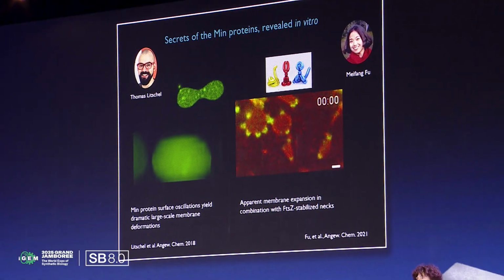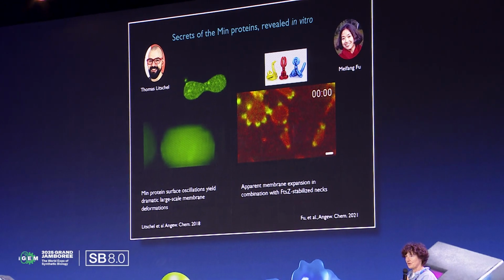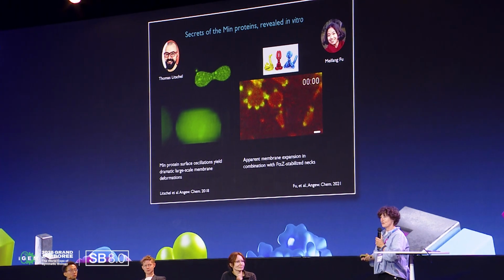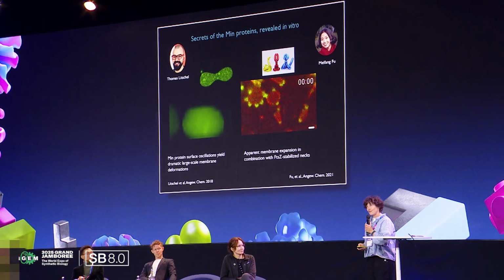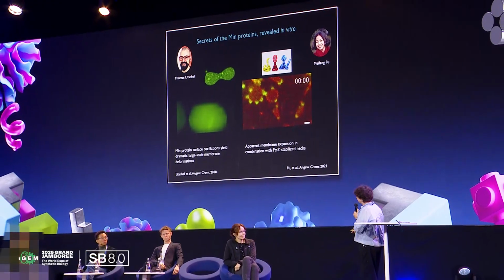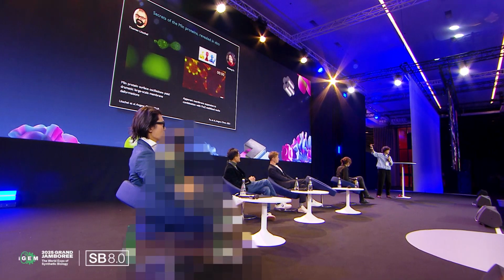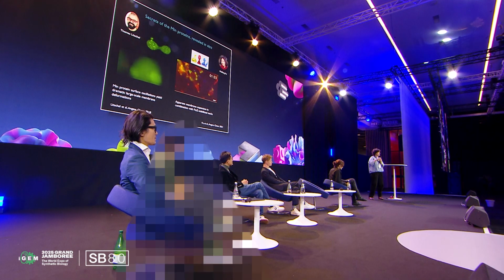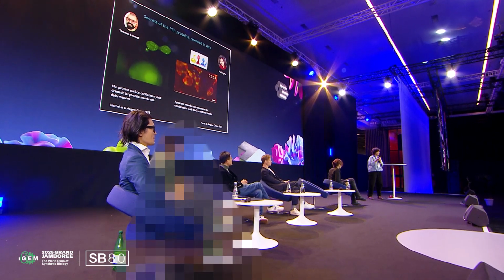Because we found that these Min proteins, the beautiful oscillating proteins that are there in bacterial cells to position the Z ring to the middle, do very amazing things in our synthetic cells. Because they do not only push a ring, they also bring slightly deflated vesicles to bounce around and even do a scission without any filamentous cytoskeletal proteins. Just by a massive binding to the membrane, they're pushing the membrane outwards.